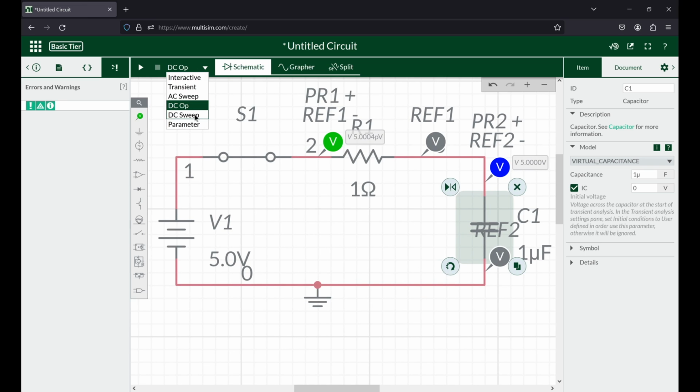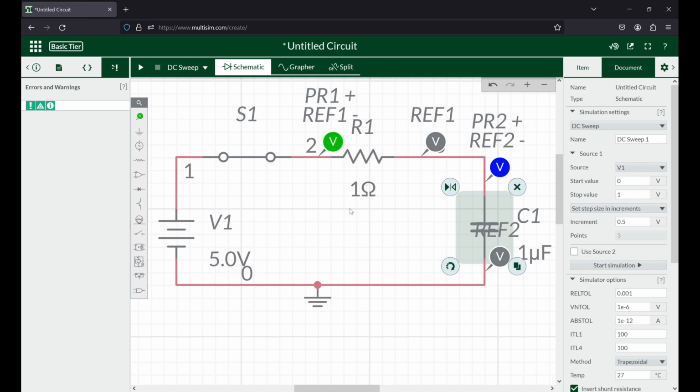We also have a DC sweep simulation, and what this does is it can vary a voltage source or a current source for different values. Right? So, for example, this one, it will rerun the simulation for different values. Right? So I can change this so it will run from 0 to 5, let's say, with 0.5 voltage increments, right? And if I start the simulation,